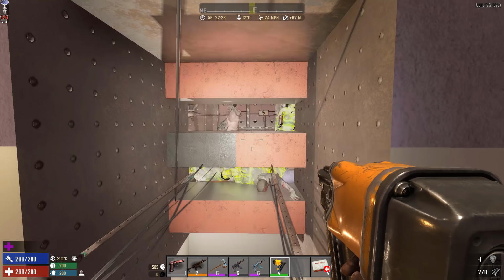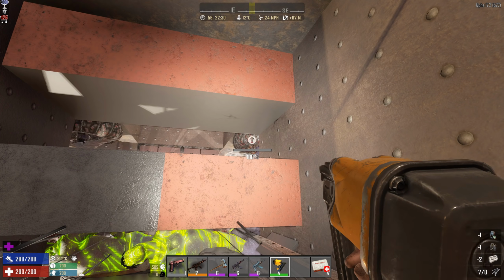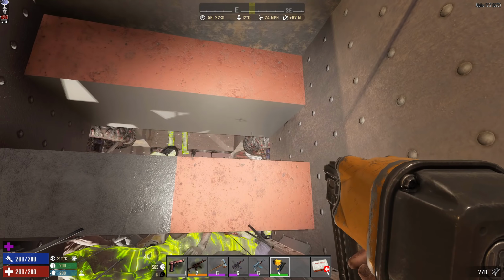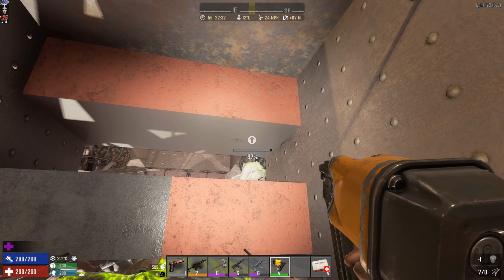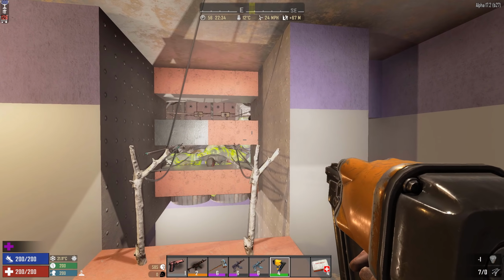But I think it's working really well still. This one has no problems. You could theoretically just stand here and repair and you'd be fine. It does take a fair bit of components to do that. And a better way to do this one would be combine it with the underground ramp